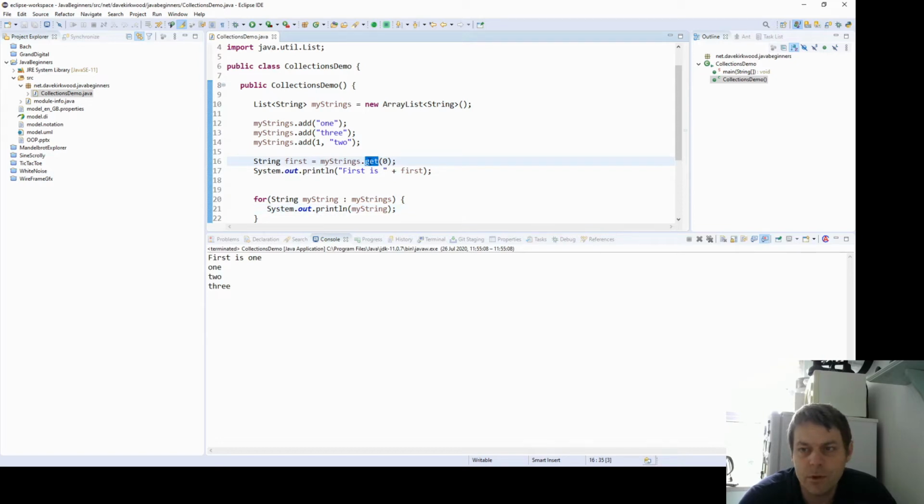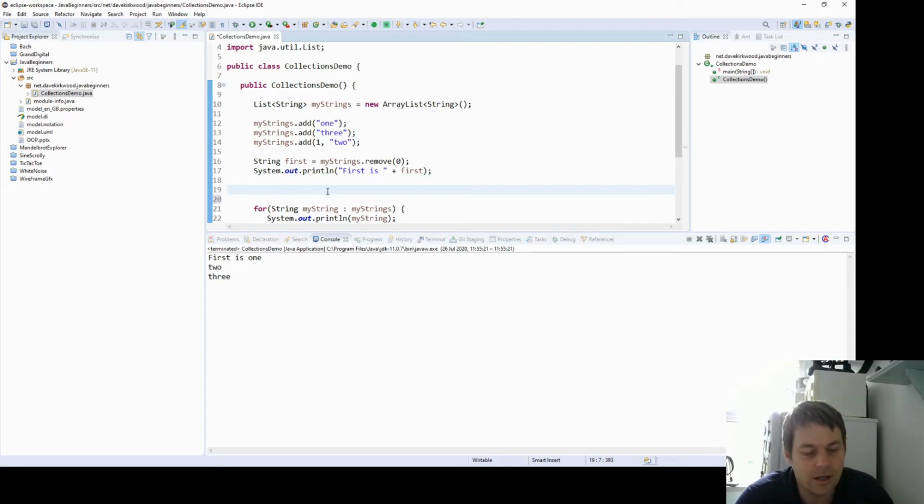So let's remove the thing at element 0. So now we're going to say first is 1, 2, 3 because I've removed 1 from the list. So we can do all sorts of inserting things and removing things. Another thing we can do with strings is we can do